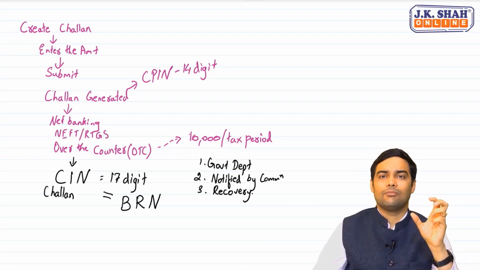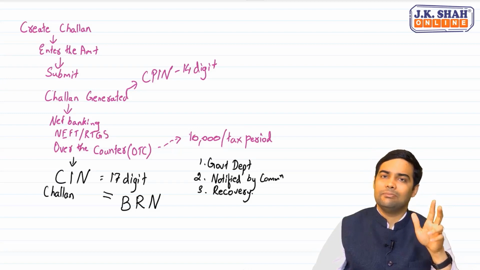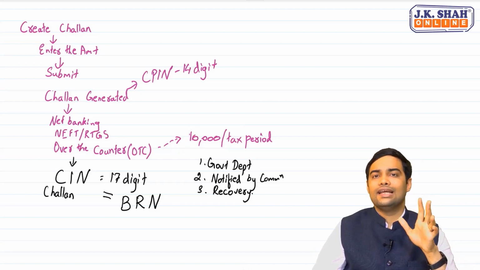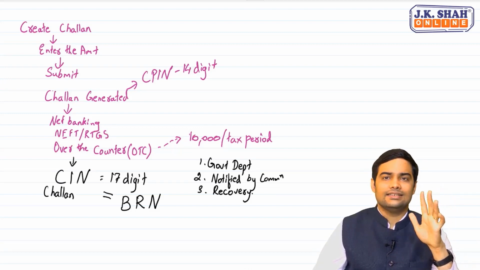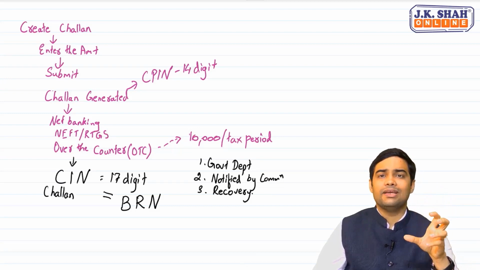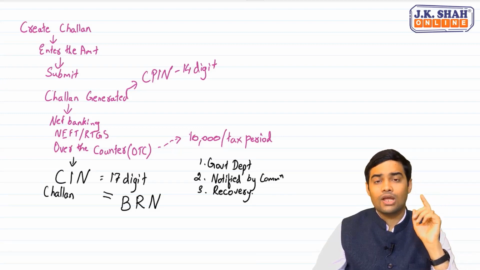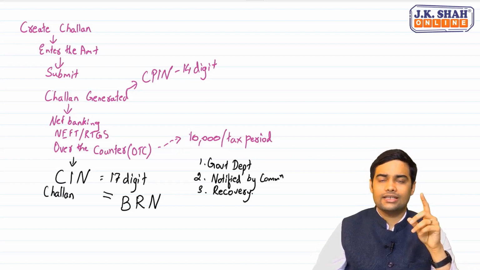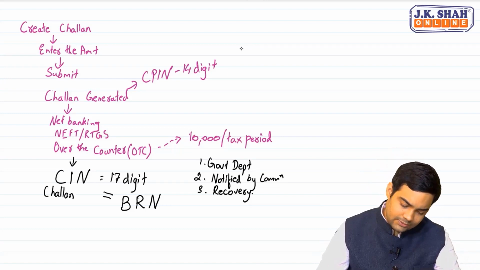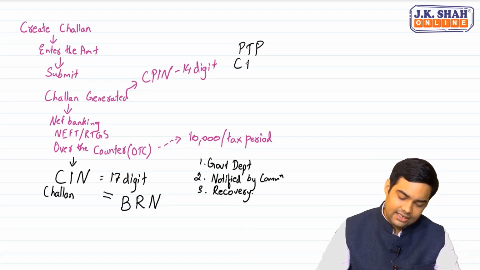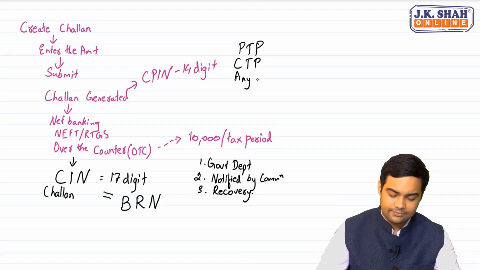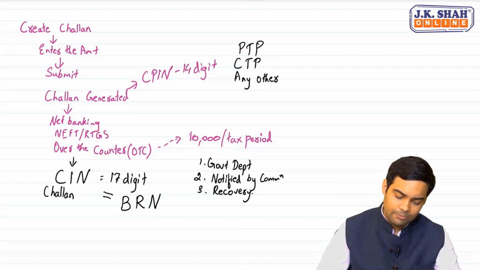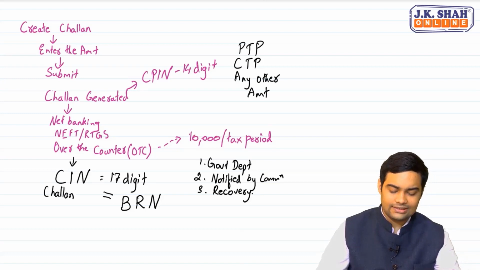Every bank provides it separately and they maintain it separately to link it with the CIN. That is the basic meaning of bank reference number. Here, you should also understand one very important point: first, you have to always pay your previous tax period dues, then current tax period dues, then any other amount, including any amount payable based on a notice or order